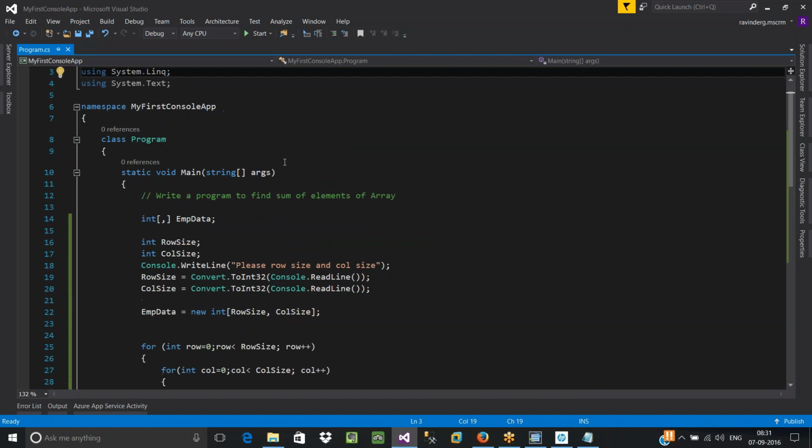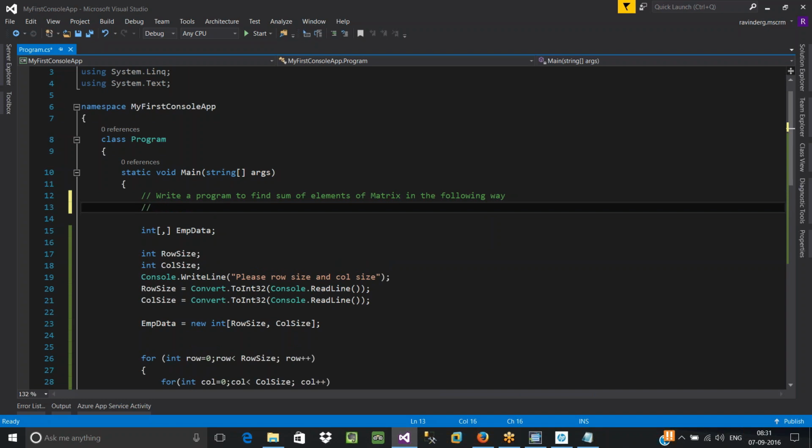Okay, so if no, I'll give one more example for your practice. Write a program to find sum of elements of a matrix in the following way. You need to calculate row wise sum, column wise sum, as well as total sum.